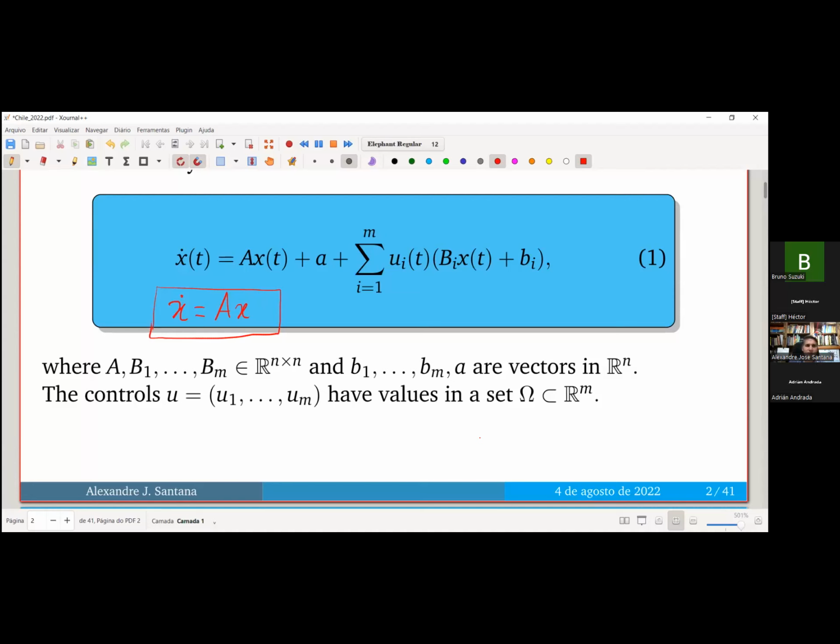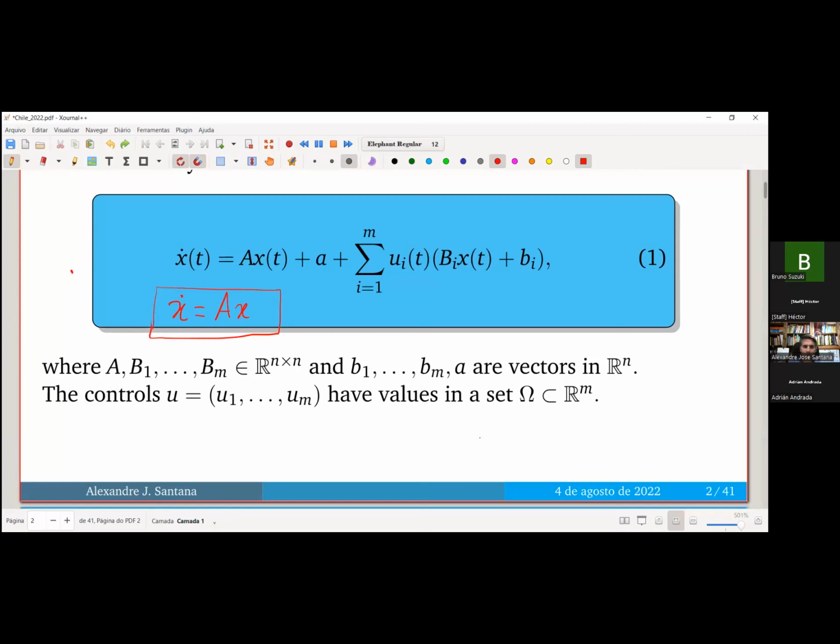I mean, if you choose the initial value here, then we have the solution or trajectory of this ordinary differential equation, and we cannot control this trajectory. We just fix some initial point, and then we have a copy of this trajectory. Now,